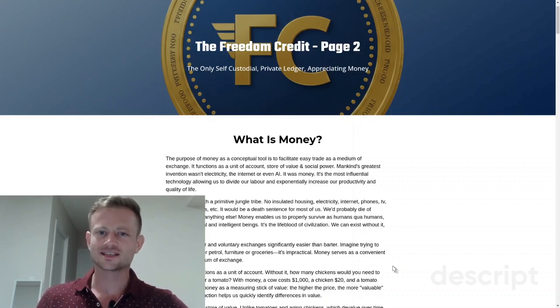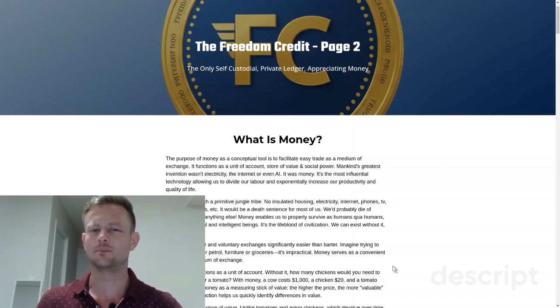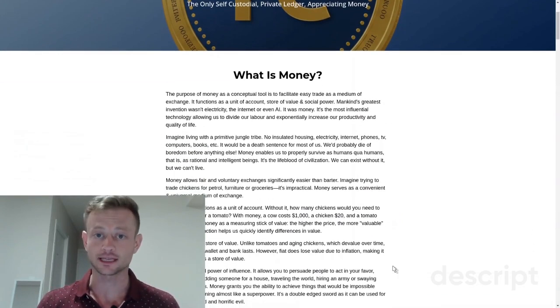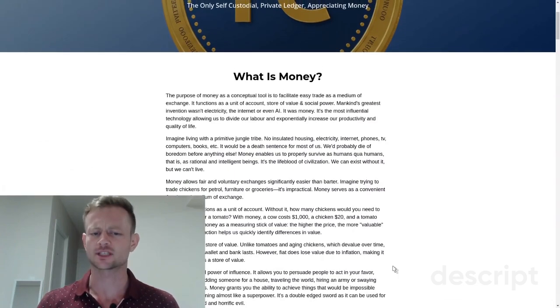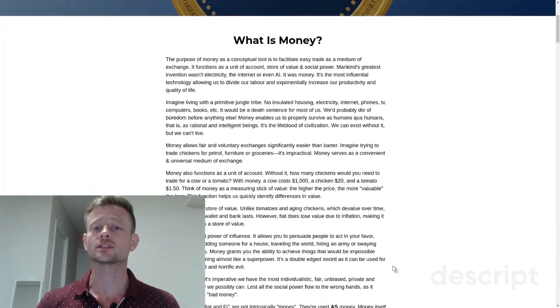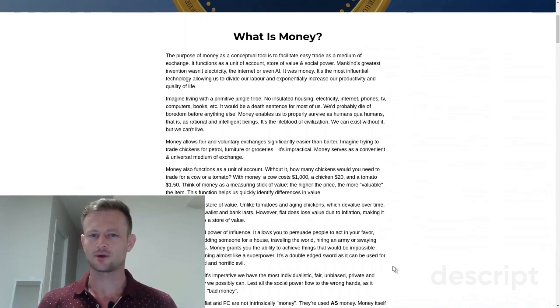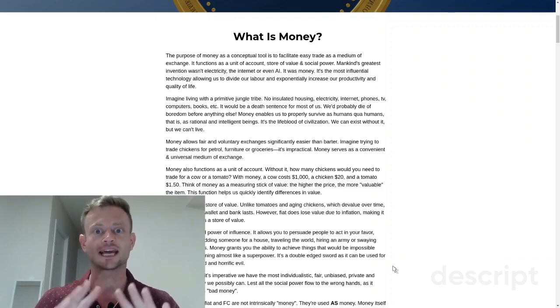What is money? The purpose of money as a conceptual tool is to facilitate easy trade as a medium of exchange. It functions as a unit of account, store of value, and social power. Mankind's greatest invention wasn't electricity, the internet, or even AI. It was money. It's the most influential technology, allowing us to divide our labor and exponentially increase our productivity and